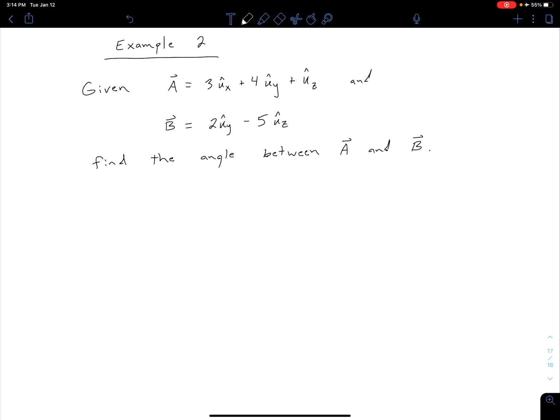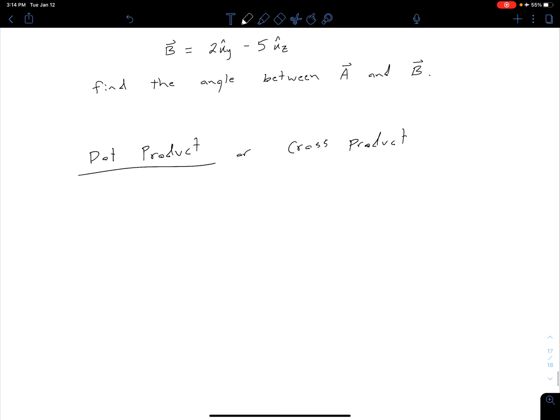So ultimately, we have a couple different options here. We can either use our dot product or we can use our cross product. And in this case, I'm going to show you how to use both. So let's first look at our dot product. So for our dot product, what we can do is we know that we have A dot B